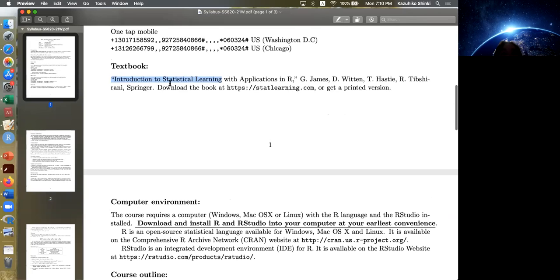And another textbook by the same authors, The Elements of Statistical Learning, has more mathematical background, but still some explanations are missing. So probably it's not easy to follow that textbook, but at least it has more background information. If you are interested, you can look at it, but probably you don't really have to. That book is also available on the website. I think you can just Google it.